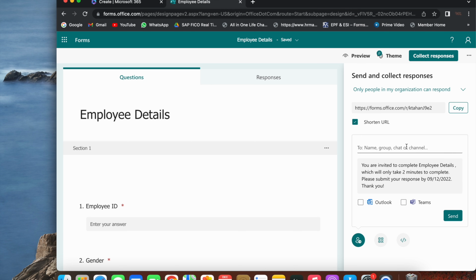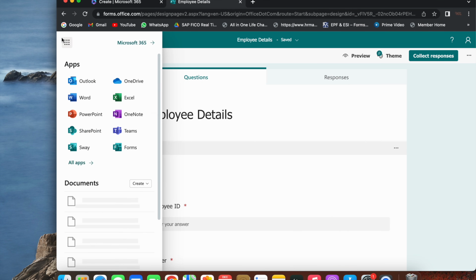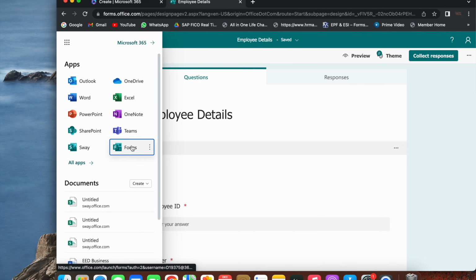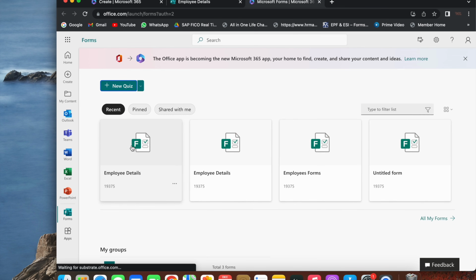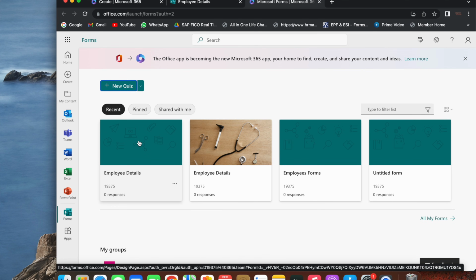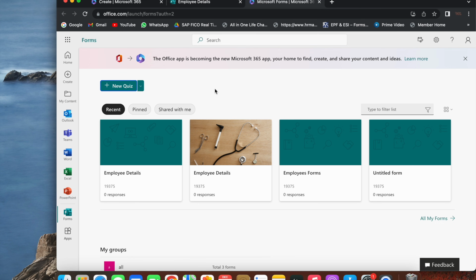So this is how you can use this application, and as I said, this is one of the most important and very versatile applications you can use in your professional career. This application you can use not only for collecting information, but also, as per your business need and requirement, you can even use it for presentations in a different manner. So this is all about Microsoft Forms from my end, from the Digital Prime end.